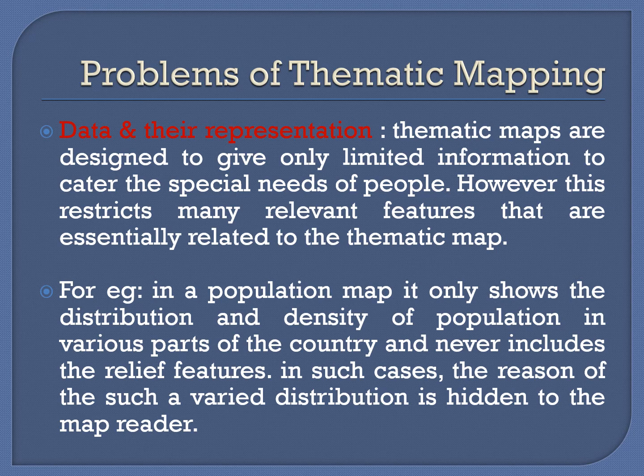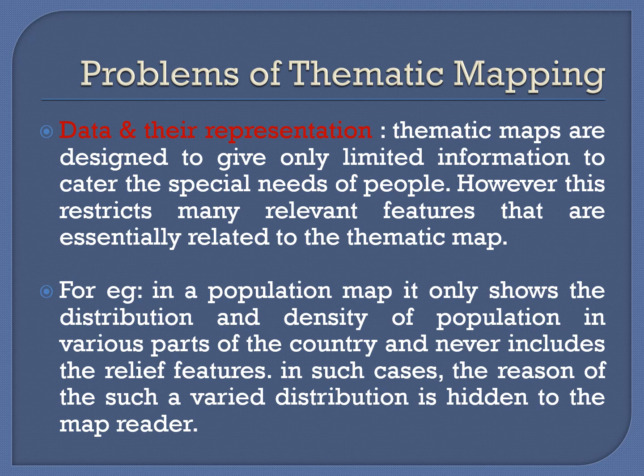We know that thematic maps give very limited information, that too about a particular feature or a particular phenomenon. This restricts many relevant features that are essential for that map itself. For example, if you are considering a population distribution or density map, consider the case of India. You are able to see that some regions like Kerala, Maharashtra, Delhi and UP have a very high population, whereas some regions like Arunachal Pradesh and Rajasthan have very low population.